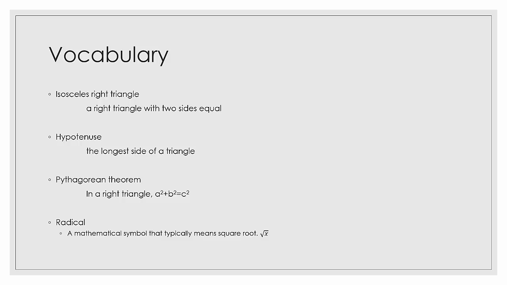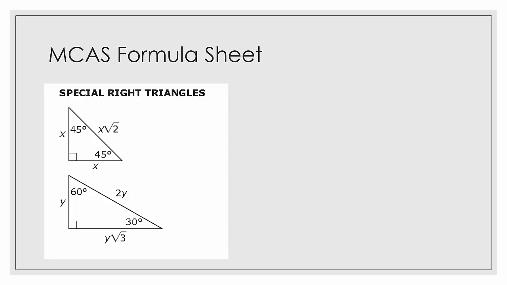The first words are isosceles right triangle. Now, this should not be new to you because we've talked about isosceles right triangles before. But an isosceles right triangle is a triangle with two sides equal. So if I had